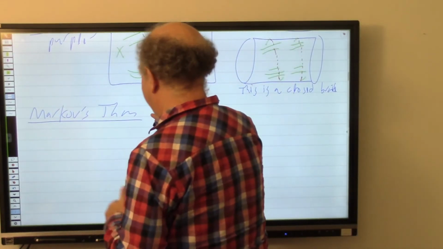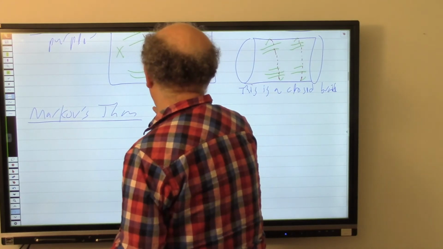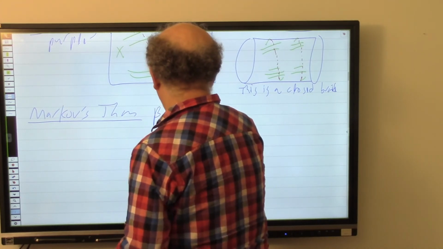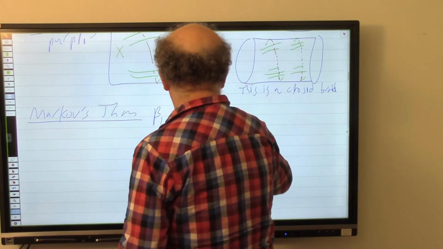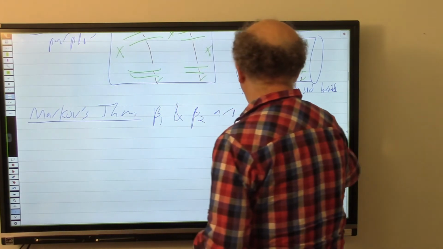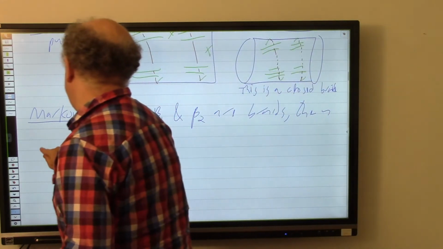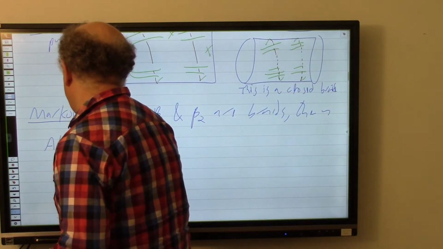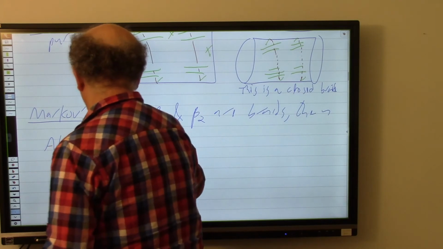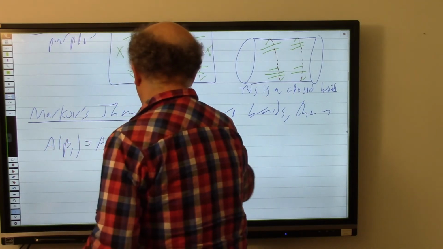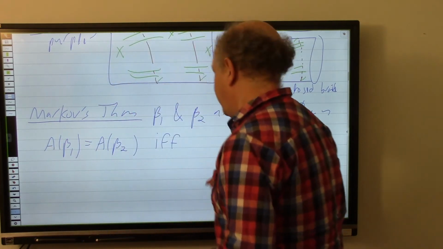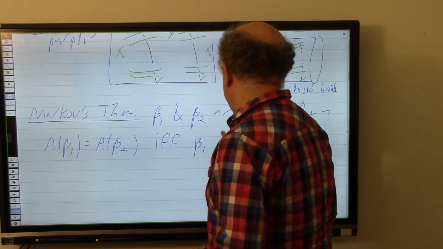So the answer is the following. If beta 1 and beta 2 are braids, then the closure of beta 1 is equal to the closure of beta 2 if and only if beta 1 and